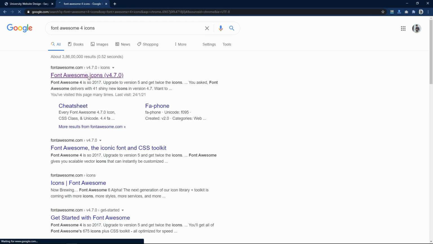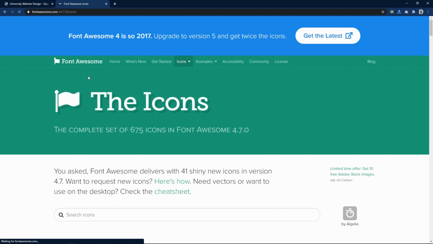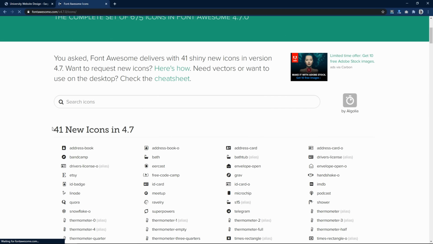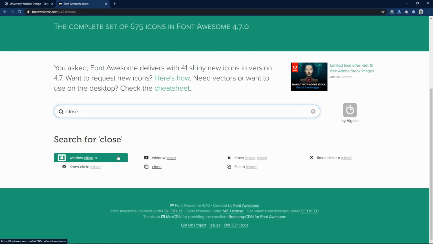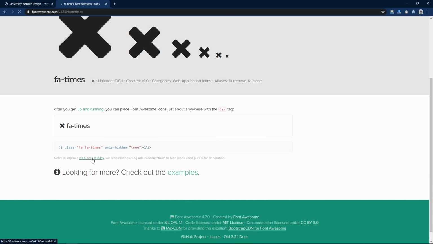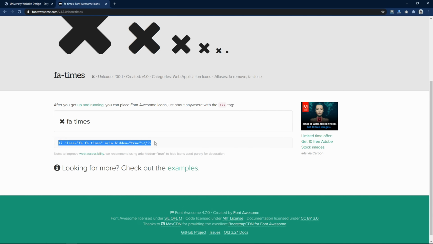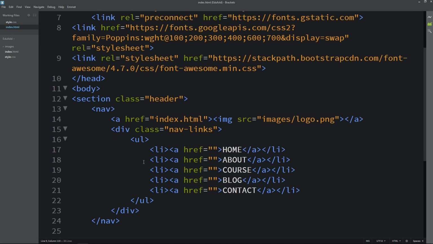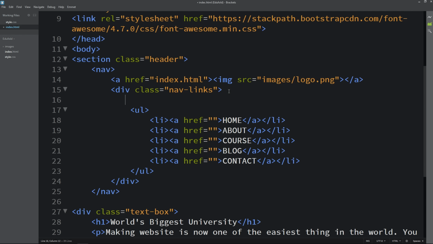Open this website and here you can search for the icons that you want to use on your website. So I will search for close. So you can see we have this icon called times. Let me click here and we can copy this one line of code. Just copy and paste it in the HTML file where you want to display the icon. So I will add this closing icon before this UL. Remove this part so it will look simple